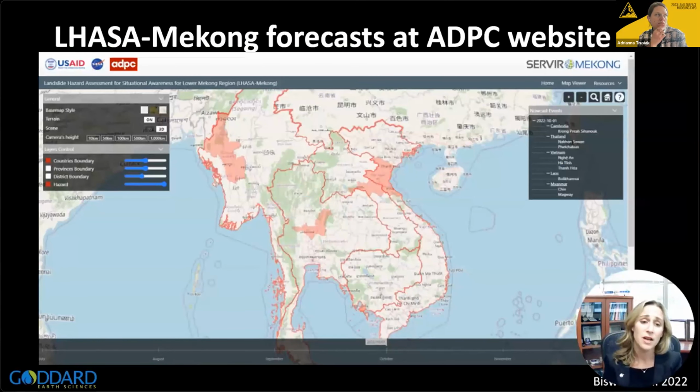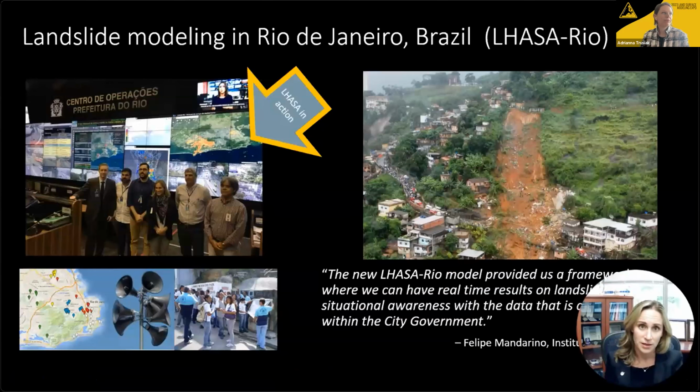At a regional scale, we've been able to work with regional stakeholders such as Southeast Asia to understand potential regional hazards. This is work done by Nishan Biswa from our team, who developed a regional version of LASA in the Mekong. They use their own interface to highlight potential areas of landslide hazard. You can zoom in and better understand impacts. And then lastly, version 1 has been developed operationally and is used in Rio de Janeiro. This is the operations center that uses it to highlight where landslide hazards may exist around the city based on rainfall, and what infrastructure and road networks may be impacted.